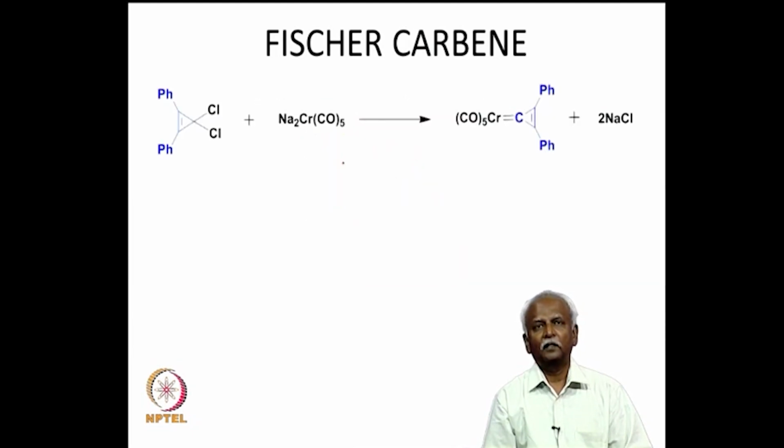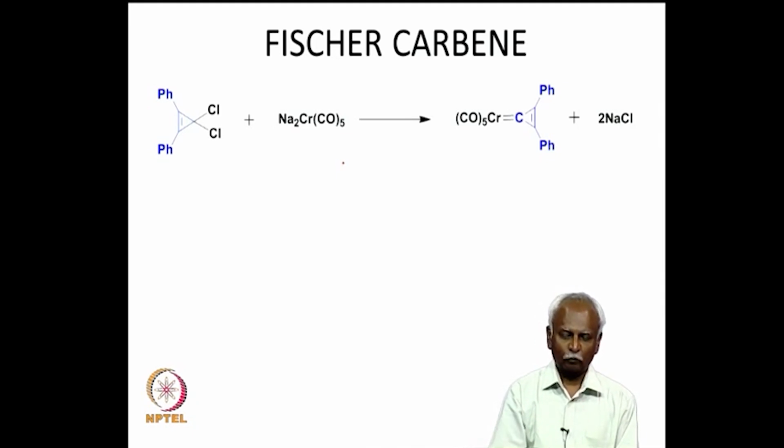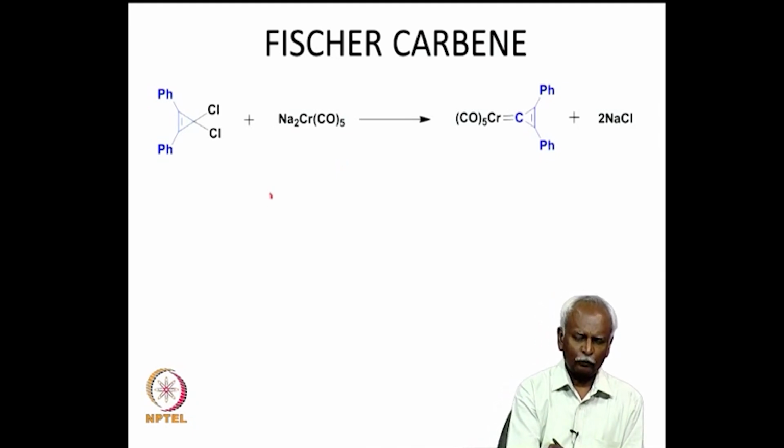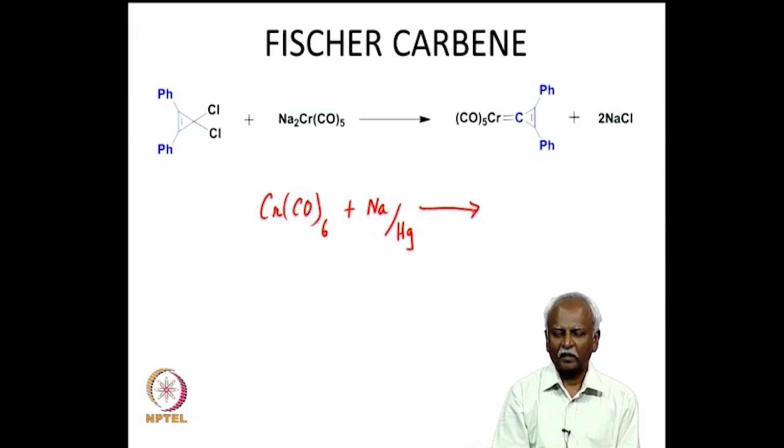So, let us now look at some examples where you can synthesize these carbene complexes. Apart from the fact that you can generate them by a nucleophilic attack on carbon monoxide, it is also possible to employ other techniques. And here I have shown you the sodium salt of Cr(CO)6. If you take chromium hexacarbonyl and react it with sodium amalgam, you can pump electrons into the Cr(CO)6, and this results in the formation of